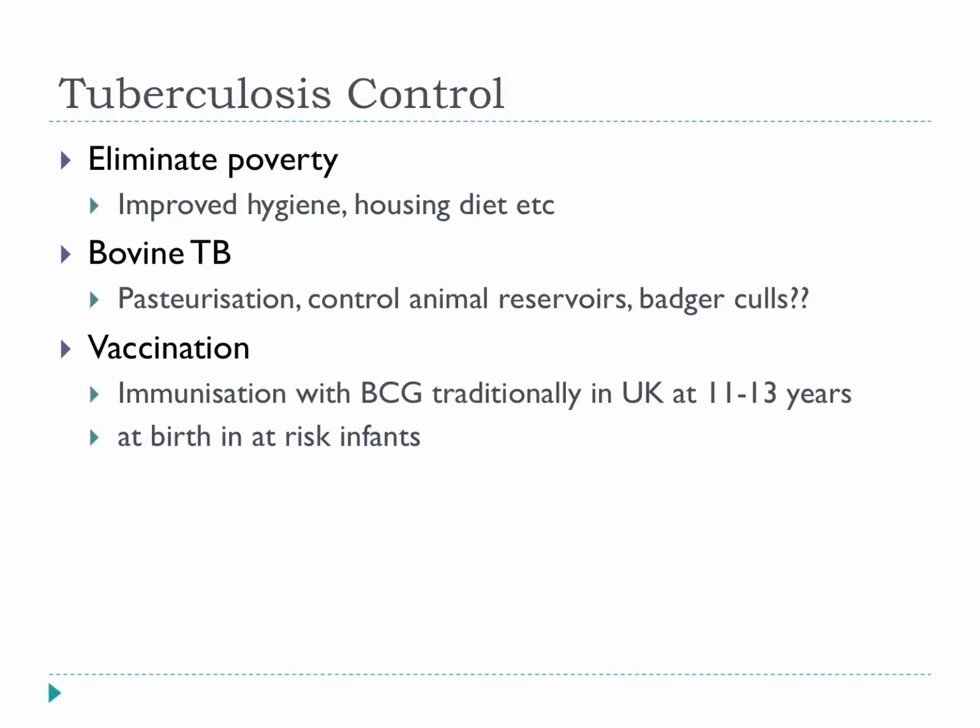Vaccination. So, in my generation, immunisation was carried out with BCG at the age of 11 to 13. Since then, it's been phased out in some areas, retained in others. Some areas that have had large numbers of immigrants have actually decided to vaccinate at birth rather than at adolescence. So, again, this is an area where it's quite controversial. There's not really a good consensus as to what we should be doing here. And in the US, in fact, they don't use BCG at all. They never have.